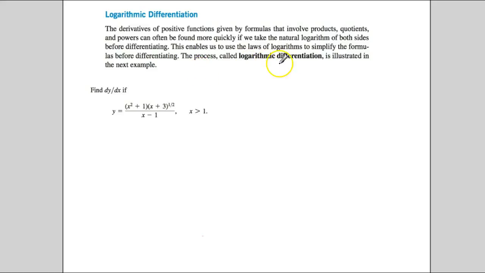What logarithmic differentiation allows you to do is, when you have these expressions that you're differentiating, and you're going to have to do a lot of steps, and it's going to be messy, what you can do is take the natural log of both sides, and then you can use properties of natural logs to separate this. Remember, if we have multiplication inside a logarithm, we can write that as the addition of 2 logarithms. If we have division inside the logarithm, we can change that to subtraction. And then the powers, we can change that to